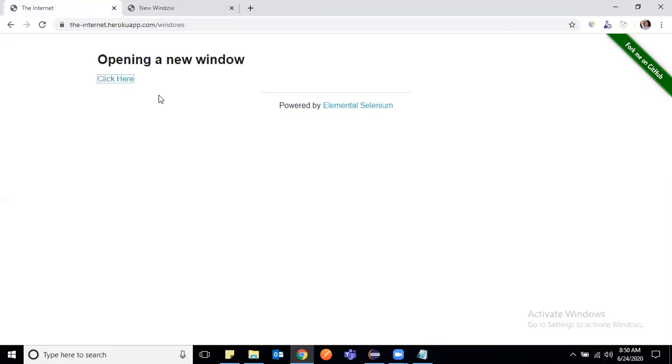Suppose one test case clicks on multiple windows, then clicks here and gets the title of the new window to verify it. Or in some applications, a small browser window opens where you enter some information and save, and then come back to the parent window. That kind of situation also occurs.